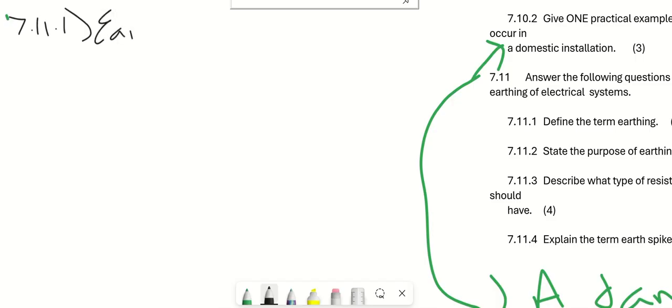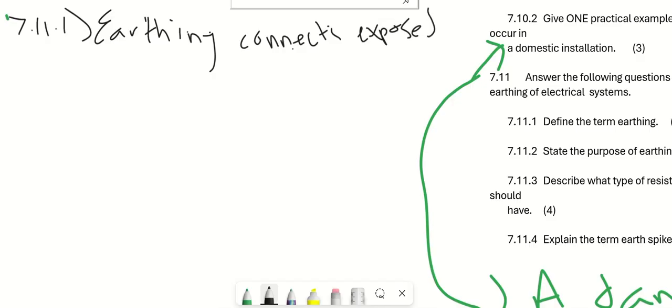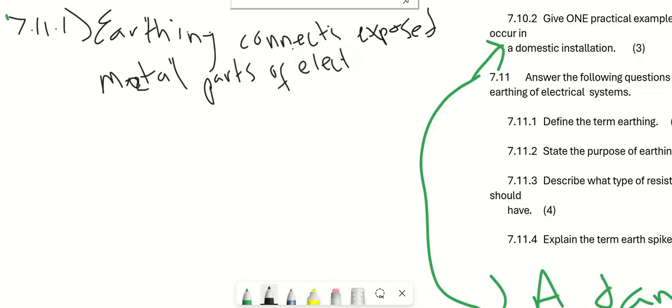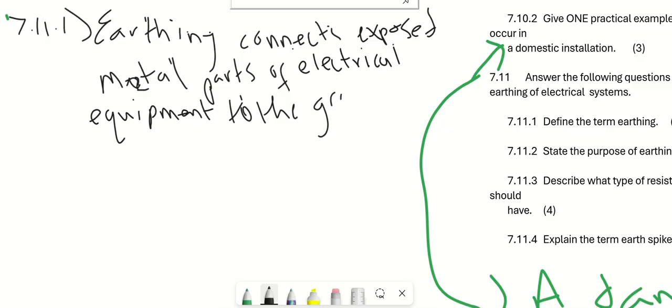Earthing connects exposed metal parts of electrical equipment to the ground for safety.